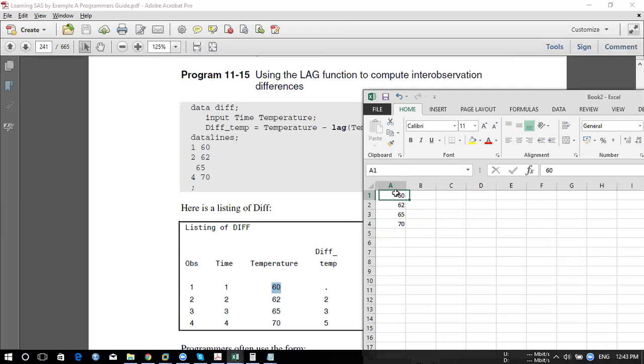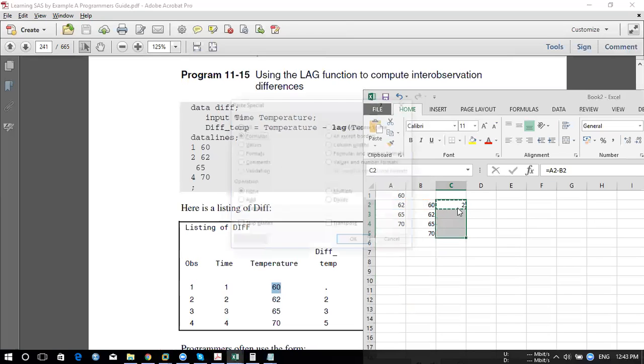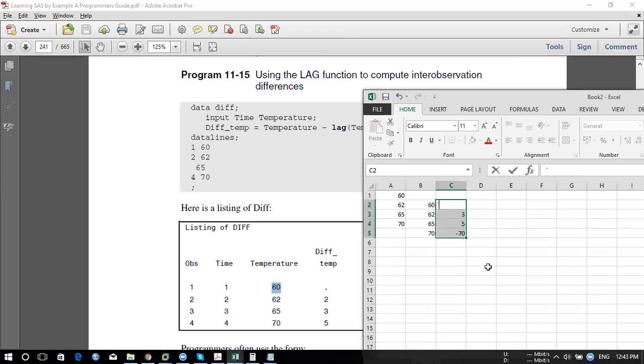Now with the help of this, with the lag function, you'll be doing like this, correct? Another function is this minus this value, which is nothing but you're getting this value, correct? This is not required.